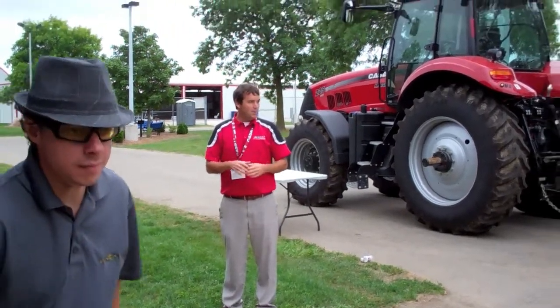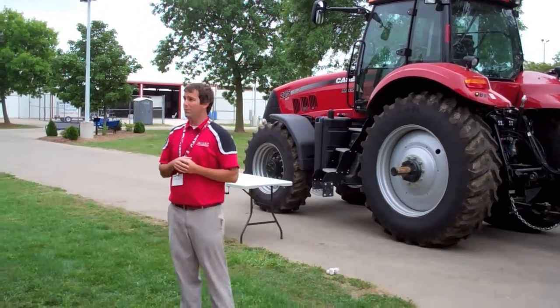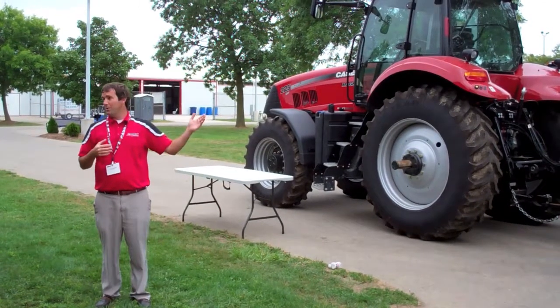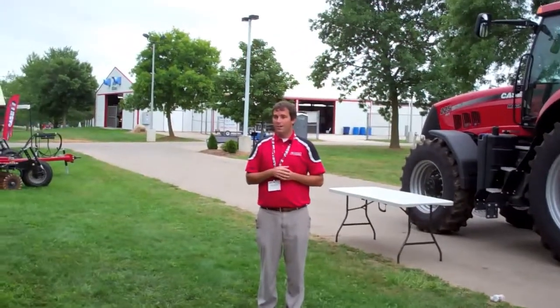But the big thing here on the new baler is we're trying to help producers maximize that baling window. We're doing that through efficient, high-speed baling. This baler's got 20% more capacity than our previous generation baler. Another thing is reliability. Every farmer, they don't want to have any downtime. They want to be running, and it's extremely critical in hay. Just as much or even more important than a regular corn soybean, just because sometimes that baling window may only